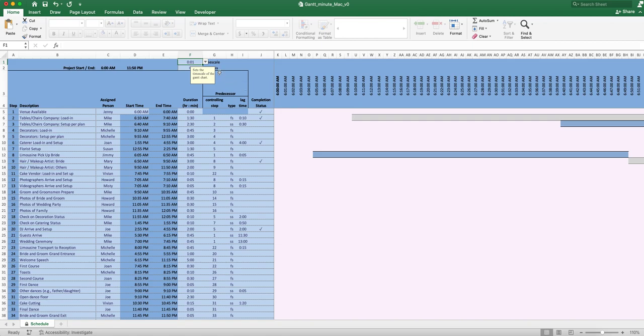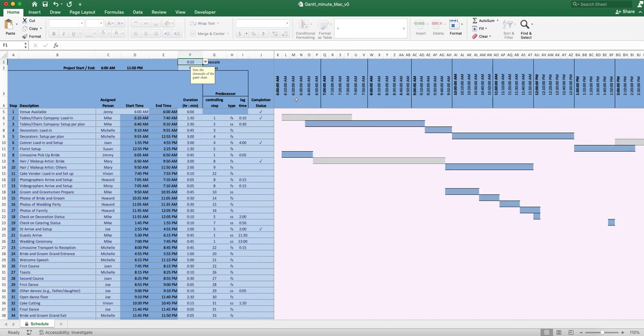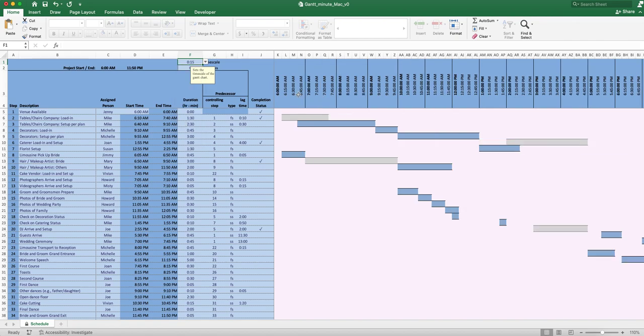And then maybe later in the day you say, well, let me switch it back now to start looking at things only every 10 minutes. Okay, so you click this and then it'll take it back to, say, 10 minutes. Sometimes maybe you look at it every 15 minutes, that type of thing. You can see how it just automatically updates the time scale. Everything automatically updates, all the bars, everything. And it just changes all this. So now this is 15, 6, 6:15, 6:30, 6:45, 7 o'clock, this kind of gives you a higher level view